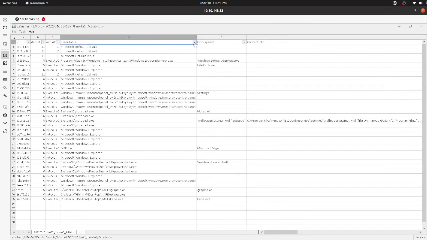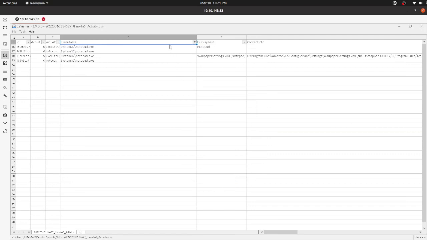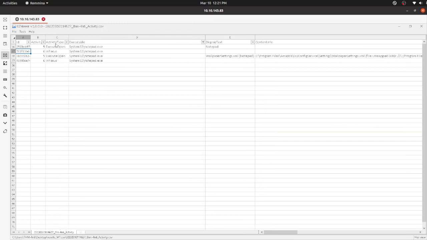Control Shift L, filter by value, notepad. Perfect. Now here you can see the in focus, the activity type, executable open, executable in focus. So we need to check rows 2 and 4.